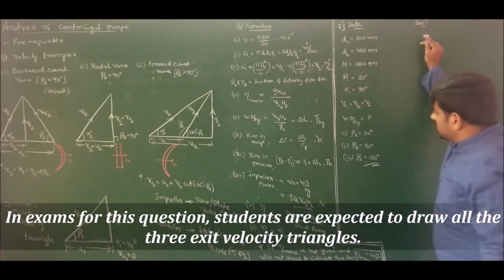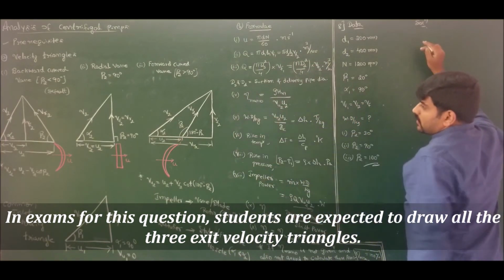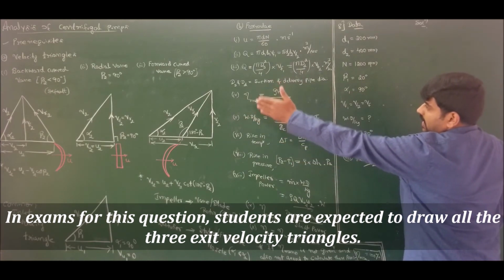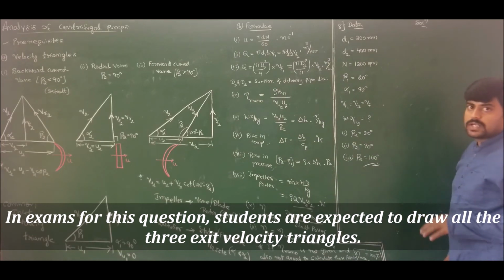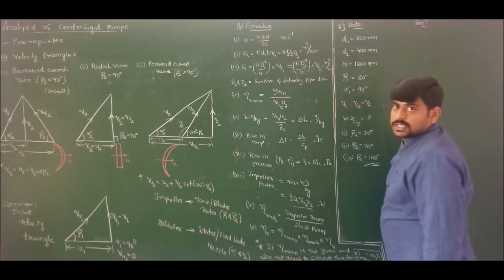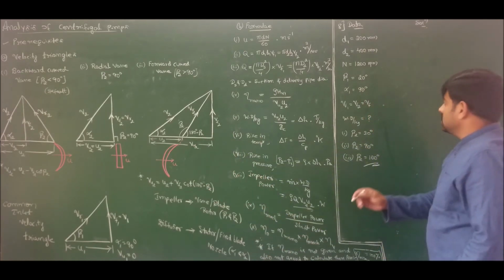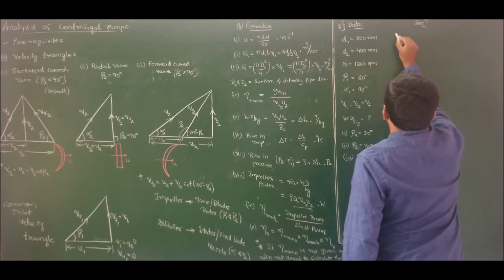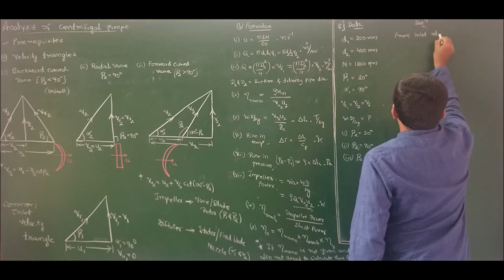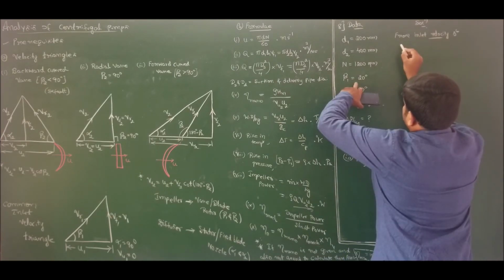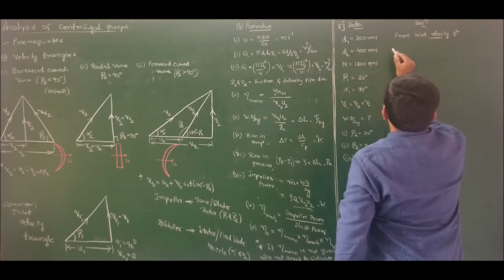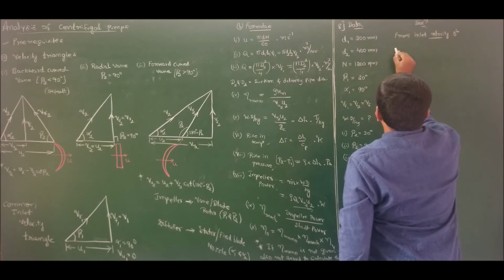Coming to the solution, first let us take up the backward curved vane. We should solve for all the three cases: backward curved, radial vane and forward curved vane. But the problem is straightforward and very simple. First, if you observe, the inlet velocity triangle is common for all the three. So let us analyze the inlet velocity triangle first. From the inlet velocity triangle, he has given the value of beta 1. We can determine the value of u1 by using D1. So first you find the value of u1 and u2.